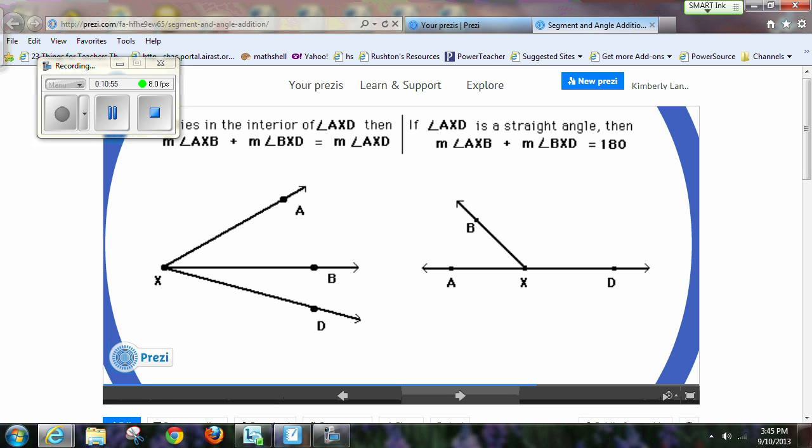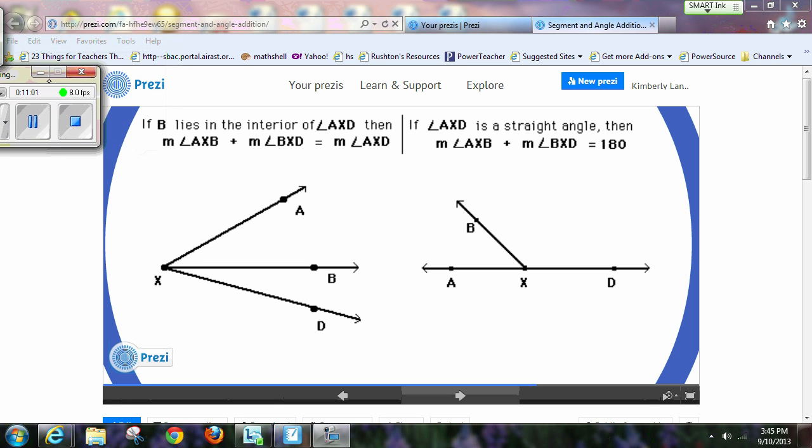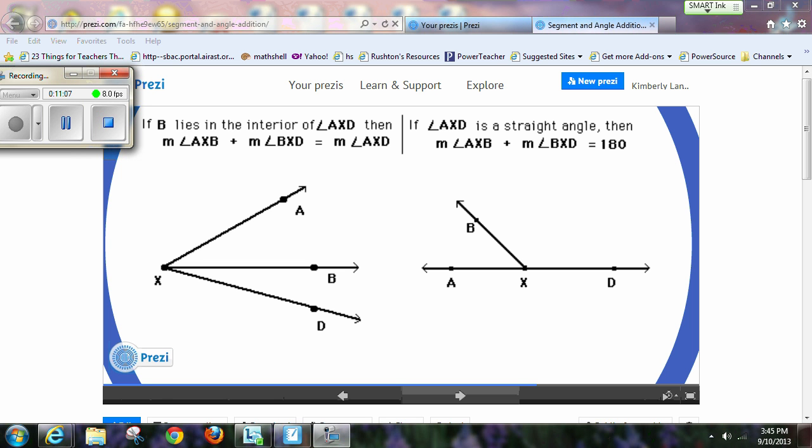We are looking here at, let's see if I can move this. There we go. If B lies in the interior of angle AXD, then the measure of angle AXB plus the measure of angle BXD equals the measure of angle AXD. So it's just telling you that we're looking at the measure of angle AXB plus the measure of angle BXD to make the great big angle